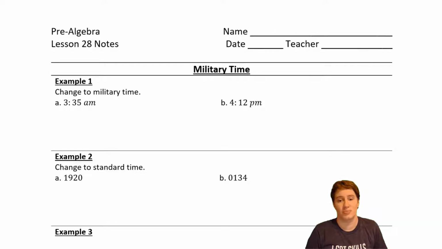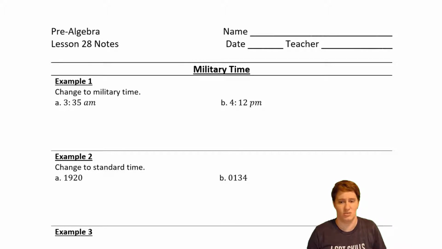This is for Pre-Algebra Math UC Lesson 28, where we're talking about military time. Just a couple lessons ago we talked about adding and subtracting time, and the difference here is that when we do military time, instead of having 12 hours and then starting over, we have 24 hours and then start over. So this also means that instead of using AM and PM, we just use numbers from